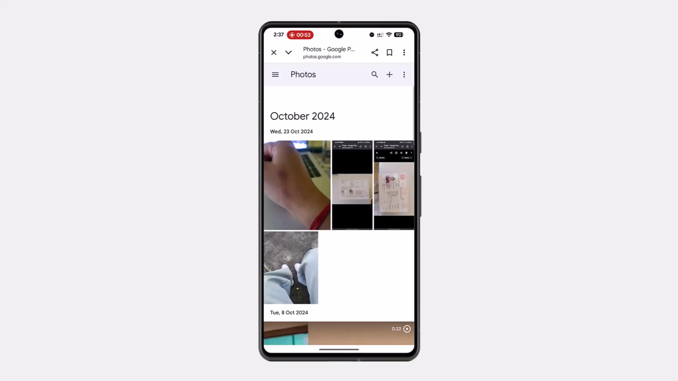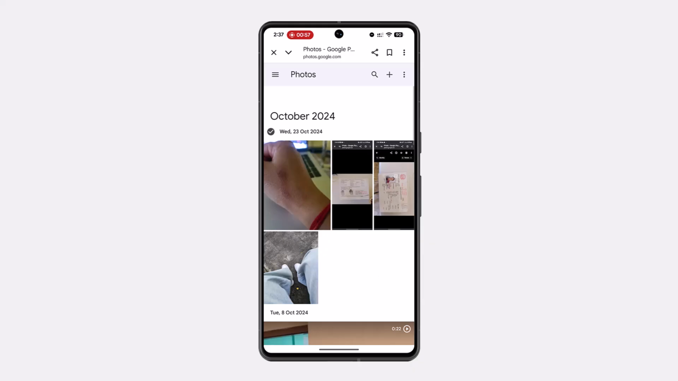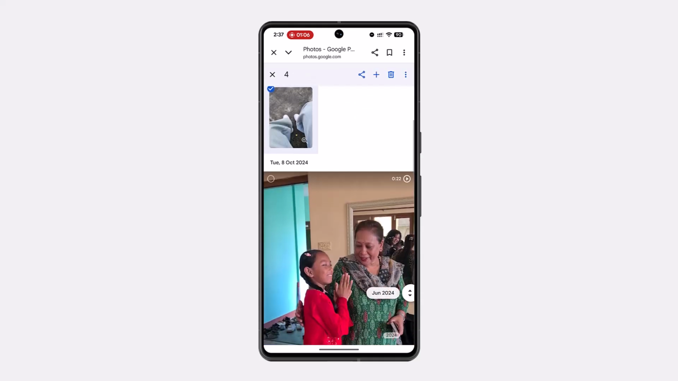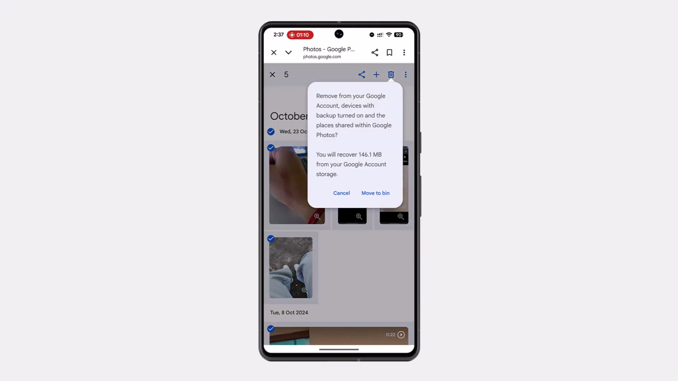Now what you want to do is simply tap on the menu bar, and then you could just go ahead and simply select the three dot icon, click on select all photos. Once you've selected the photos, make sure to mark on it and then click on delete, and then you will be able to see move